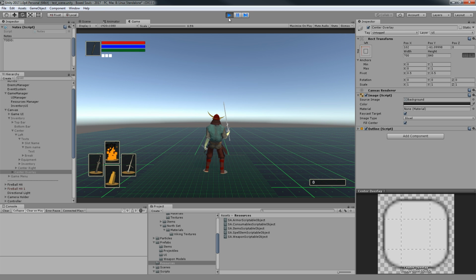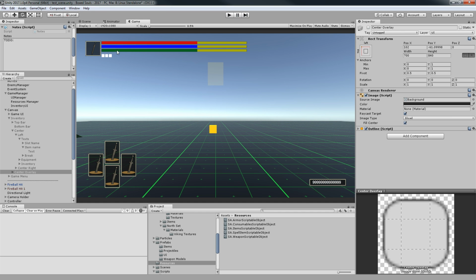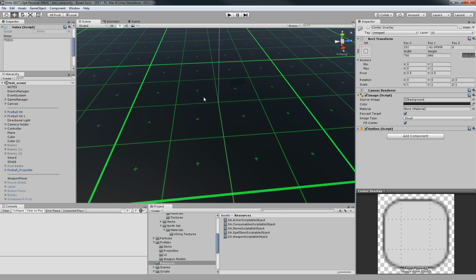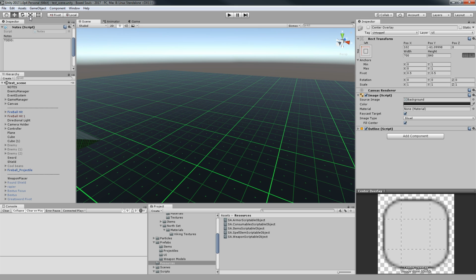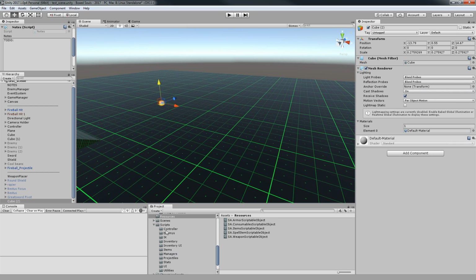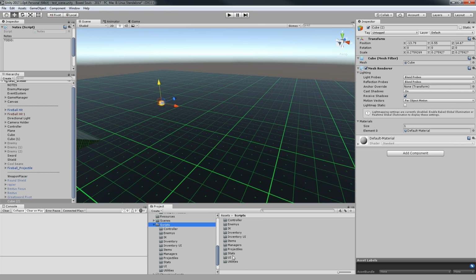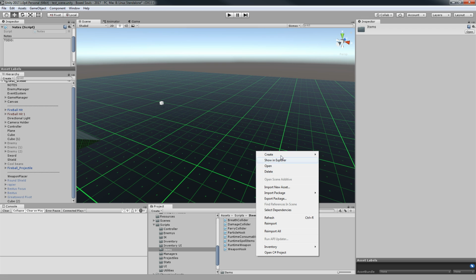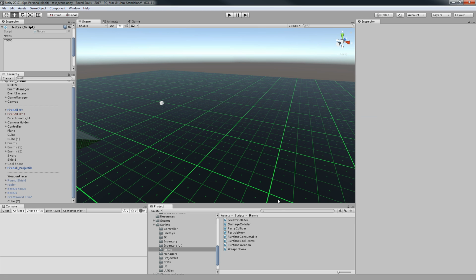Awesome. So let's say now we want to actually pick up an item, or destroy an item, I guess. But let's start with the pickup. Let's create an empty cube or something like that. It doesn't really matter. Place it somewhere over here. Anything should do. I'm going to delete the box collider and I'm going to write a new script. Let's go into items, create script,